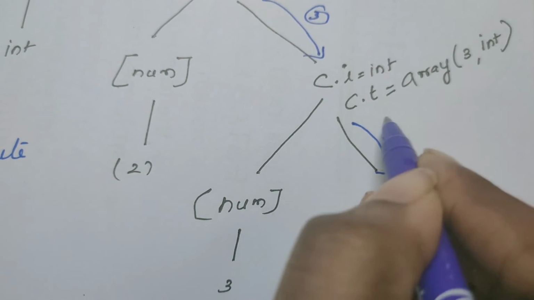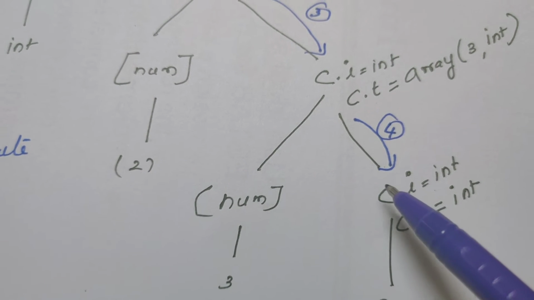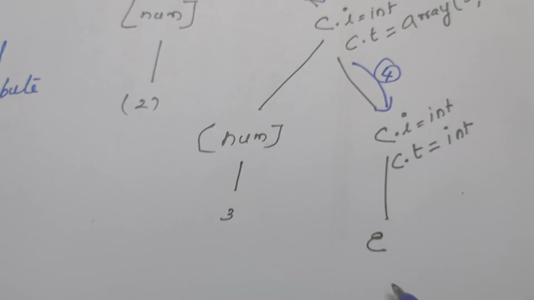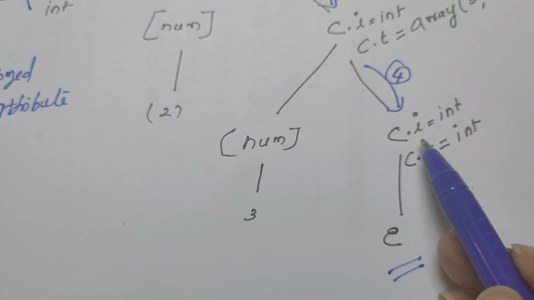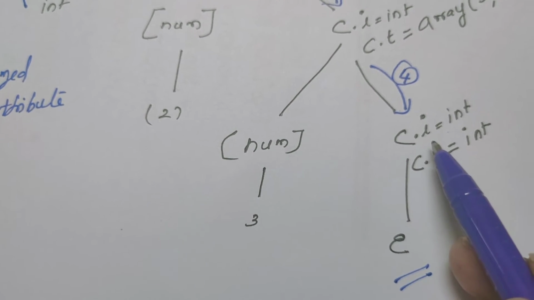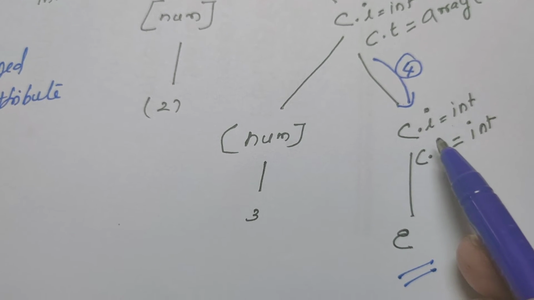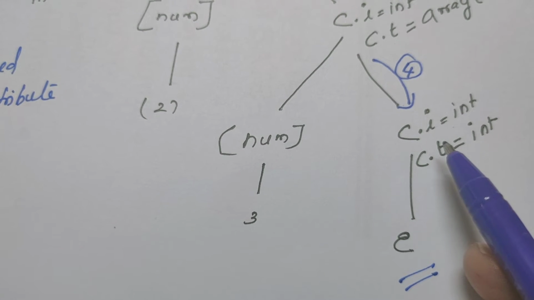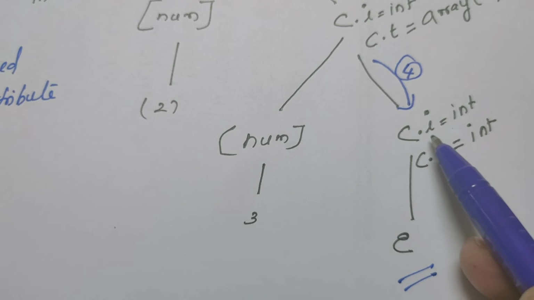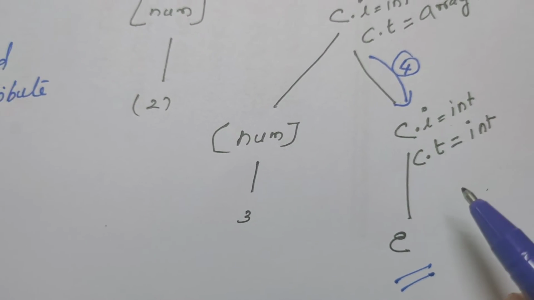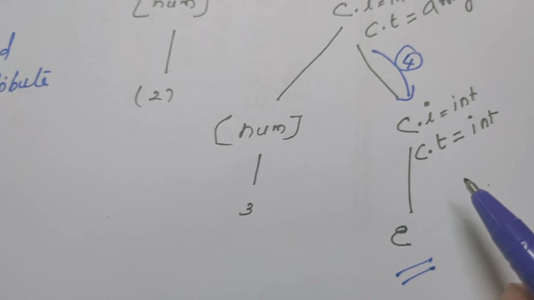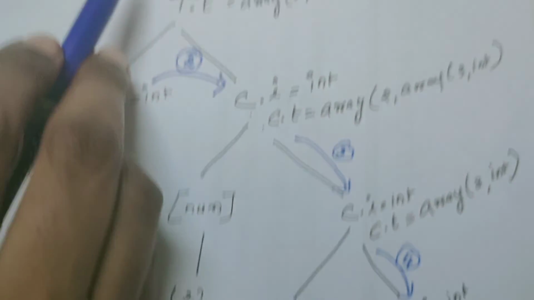So this is the fourth step that takes place. Then from here C is replaced by epsilon. This is the end of the parse tree. So whatever value has flown till this point is to be stored, is to be saved there. That is what we define by synthesized. So C dot I is saved as C dot T. Okay, now till this point we have defined the semantic rules in our grammar. Let us move on to the grammar now.